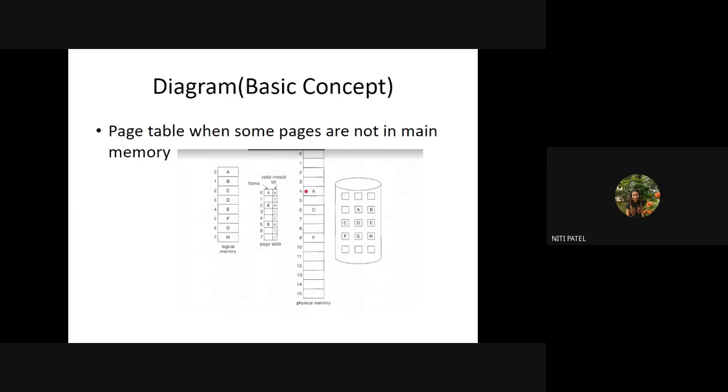What do you mean by page hit? I was searching for A inside the main memory and I found A, therefore it is a page hit. So when I'm searching for a page in the main memory and that page is found, I call it a page hit. But if that page is not found, I call it a page fault. So for example, again, I will search for B in the main memory. Will I get B anywhere in the main memory? No, ma'am. Okay, I searched 0, 1, 2, 3 up to 15, and I did not find B. Which means it is a page fault.